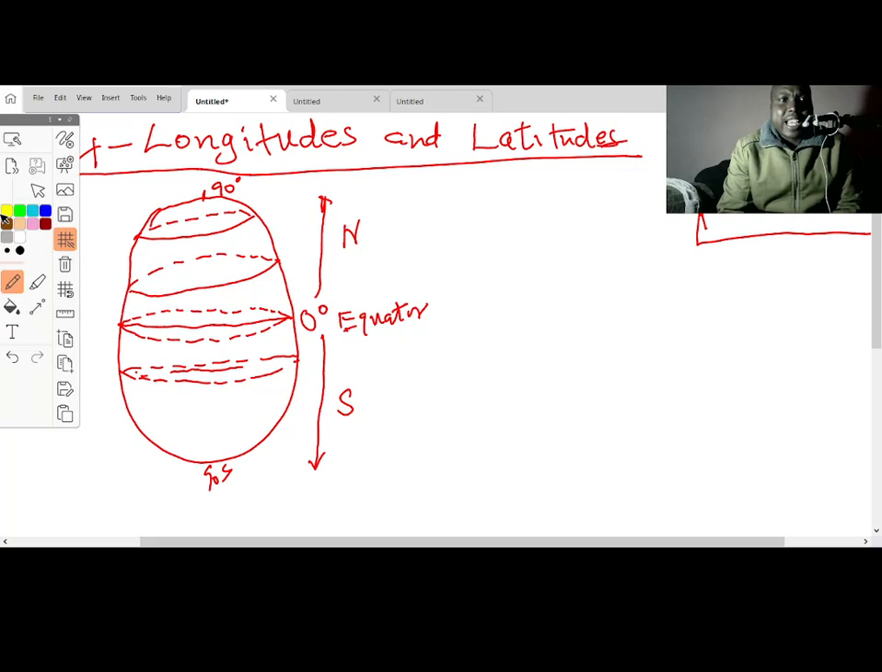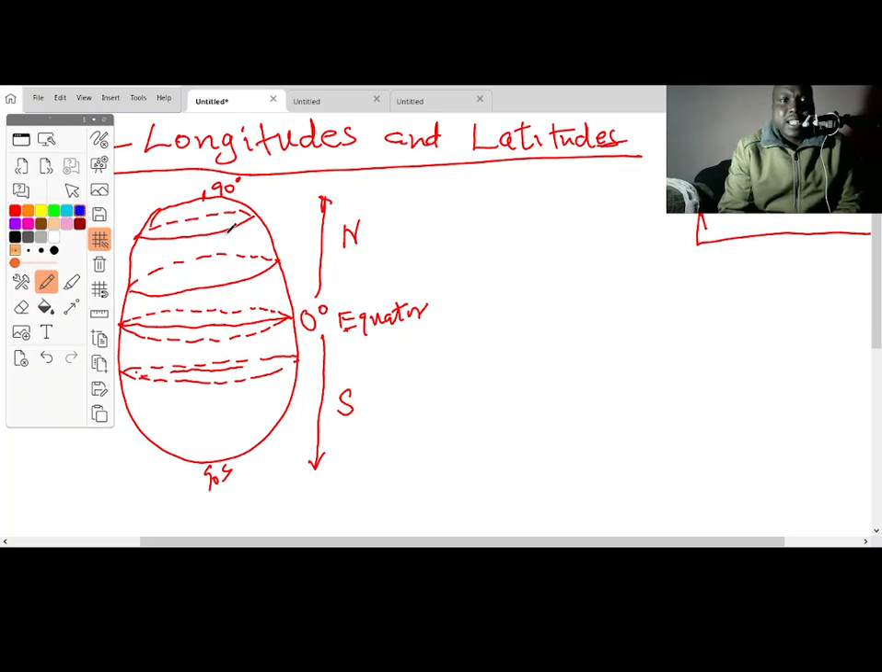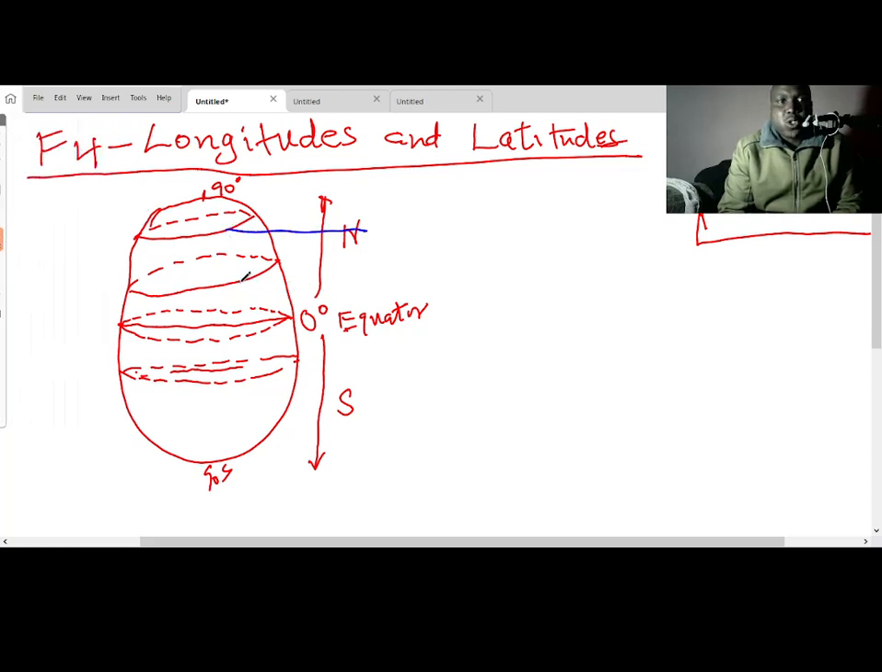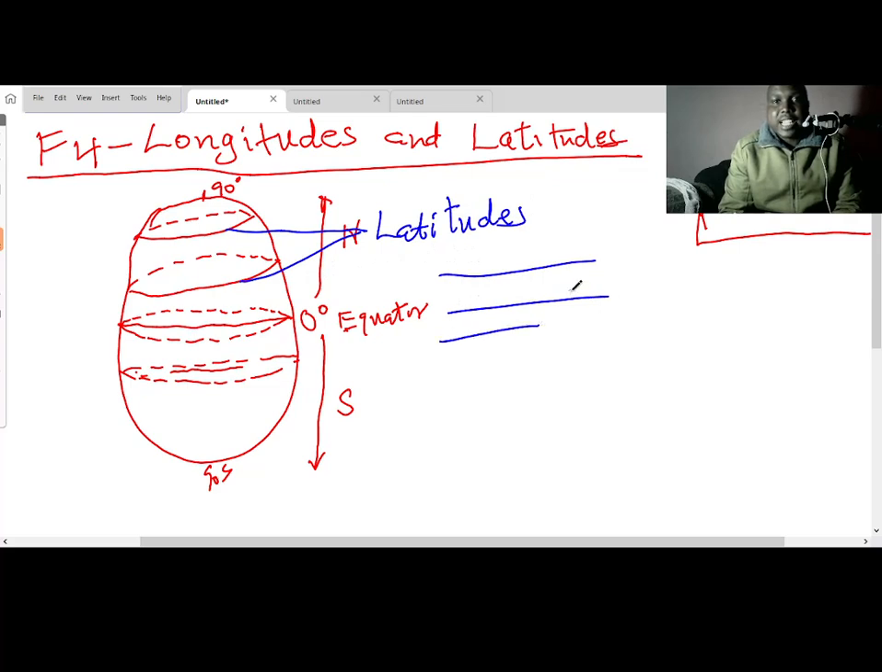So this line, whether it is this one or it is this one, they are called latitudes. Those lines that go across the globe like this are called latitudes. Please note that. Otherwise, when you don't understand that, that is why the topic becomes very difficult. Number 2,